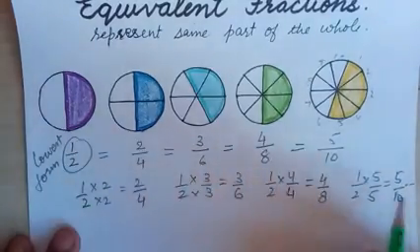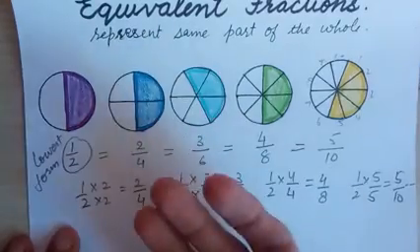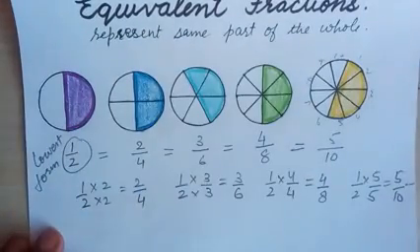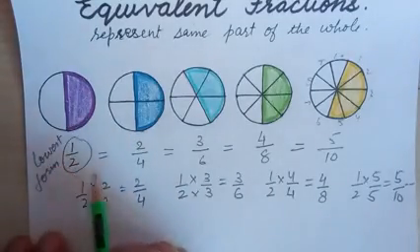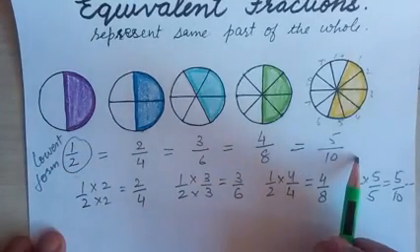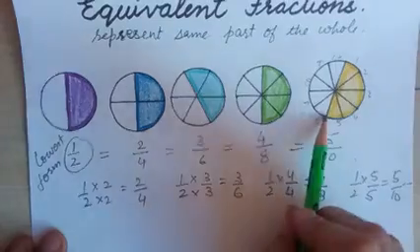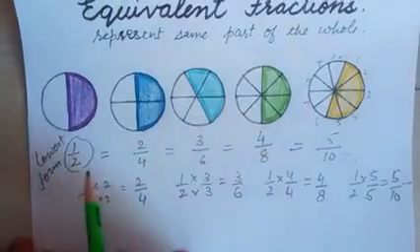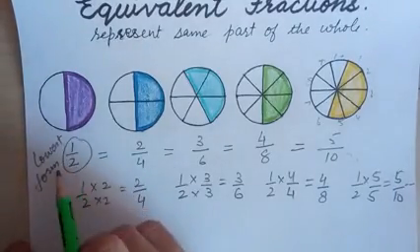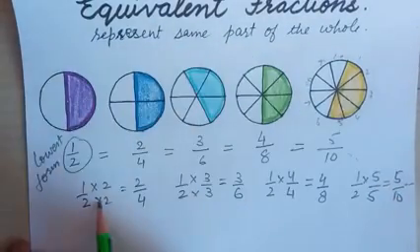And here 2, 3, 4, 5, 6, 7, 8. We can multiply with any number. Infinitely many numbers are there, so infinitely many equivalent fractions are possible. This lowest form, half, is the common representative of all these equivalent fractions. These equivalent fractions have the same value, but the expression is different. So always express your answer in lowest form. It is the representative value of all the equivalent fractions.